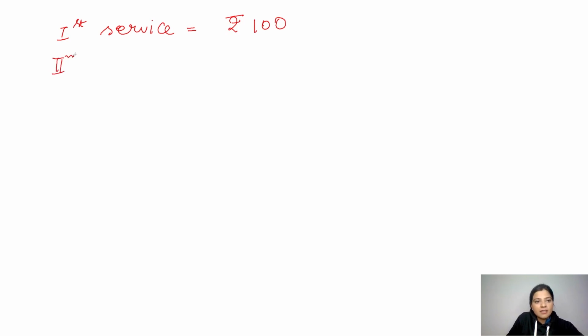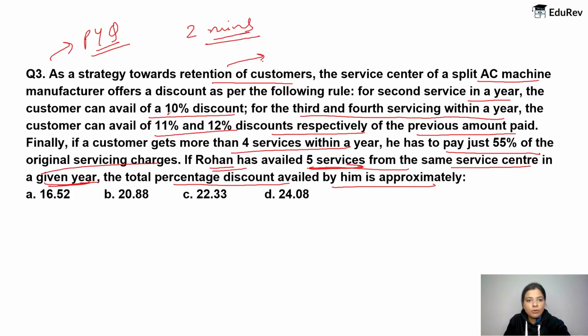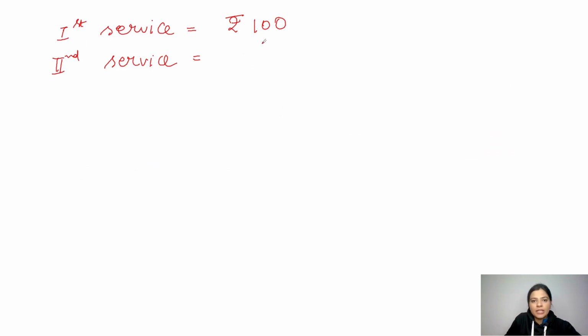Now, on the second service, Rohan will get a discount of 10% as mentioned in the question. So 10% of 100 is 10. So after giving a discount of 10 rupees on 100, he is going to pay 90 rupees for the second service. Now, for the third service,